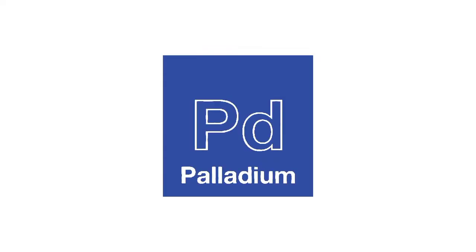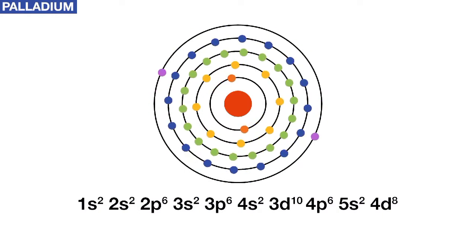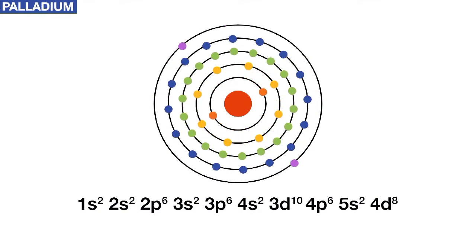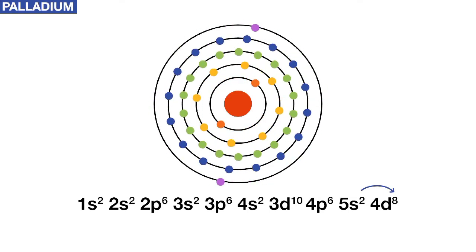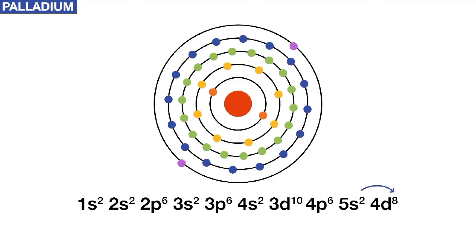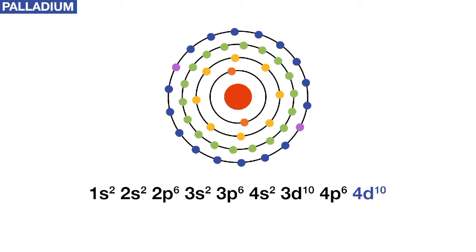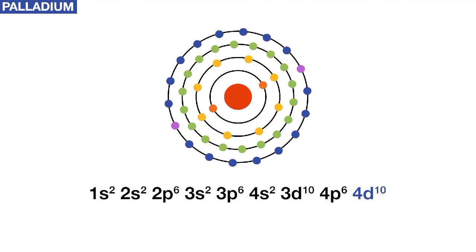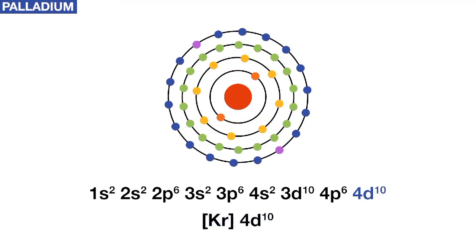Our last example is palladium, with the chemical symbol of Pd. Palladium has 46 electrons. The expected electron configuration is this. Like the last examples, we'll give the d sublevel more stability by taking 2 electrons from 5s2 and adding them to 4d8. Palladium's actual electron configuration is 1s2, 2s2, 2p6, 3s2, 3p6, 4s2, 3d10, 4p6, 4d10, or Kr 4d10, where